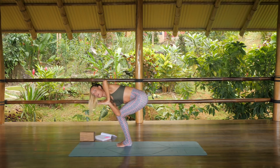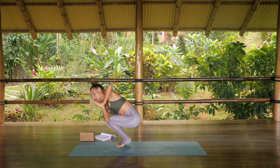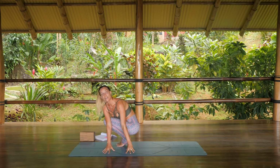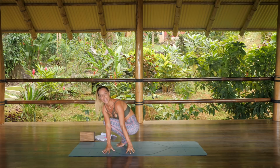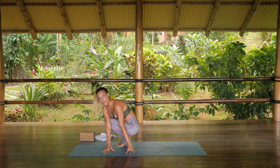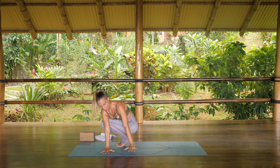Okay, everyone, we're going to try side crow pose. Start to lower the glutes towards the heels and plant the hands outside of your left side, towards the left side of your mat, okay? If this is where you land and you stay right here, cool. It's awesome. If you want to travel further with me, we're going to bring the hands to plant on the earth. We will lift our hips towards the sky, bring the arms into a chaturanga-like shape,